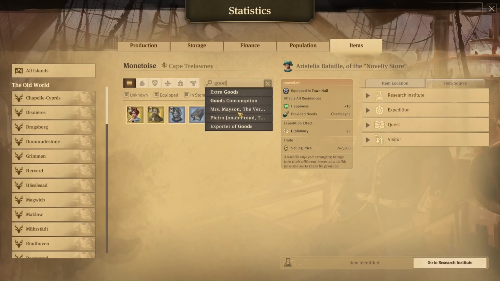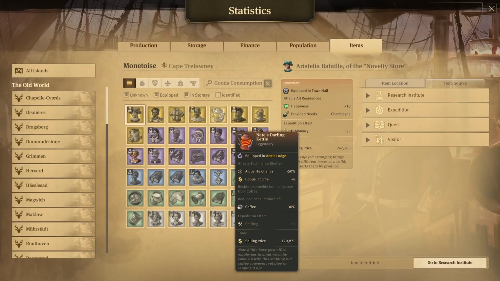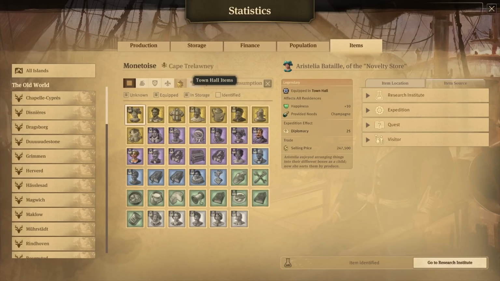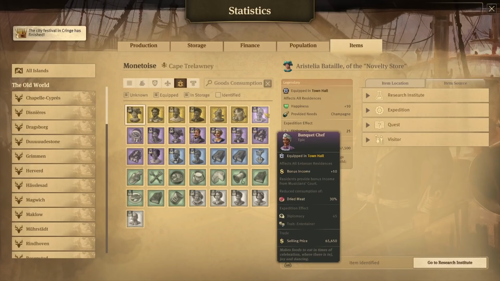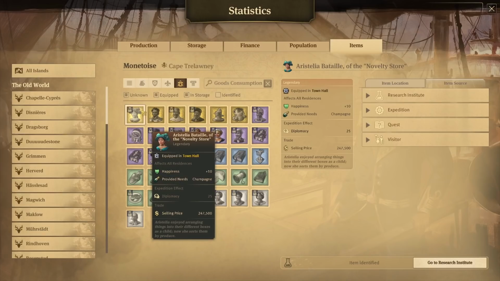oh, it's goods consumption. There it is. It's listed as goods consumption because anything that provides needs or reduces consumption is considered that. So you can kind of look through here and see what you might want to use. Again, you're kind of limited. There's not much for the investors that supplies 100%. Really, it's just this one,